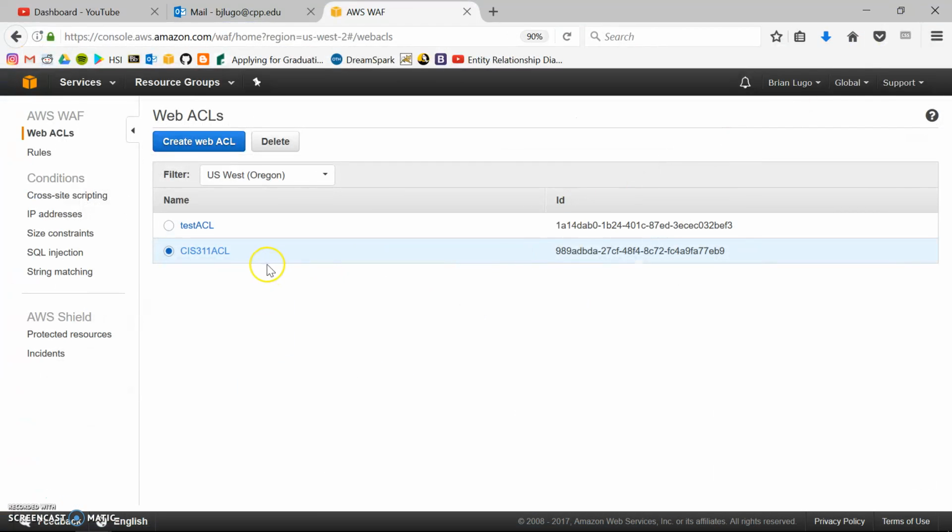So the way I did this is that I had to create a web ACL, and essentially what that is, it's called an access control list, which is, the best way to think about it, almost like a list of things that you allow or don't allow. So the way I try to think about it is the web application firewall is almost like the entrance to a very exclusive club. And the access control list can also somewhat be like the bouncer that lets people either get into the club or not. They have a list that deems, okay, what type of individuals are we going to let into this club or not? So what I did here was create this access control list right here,